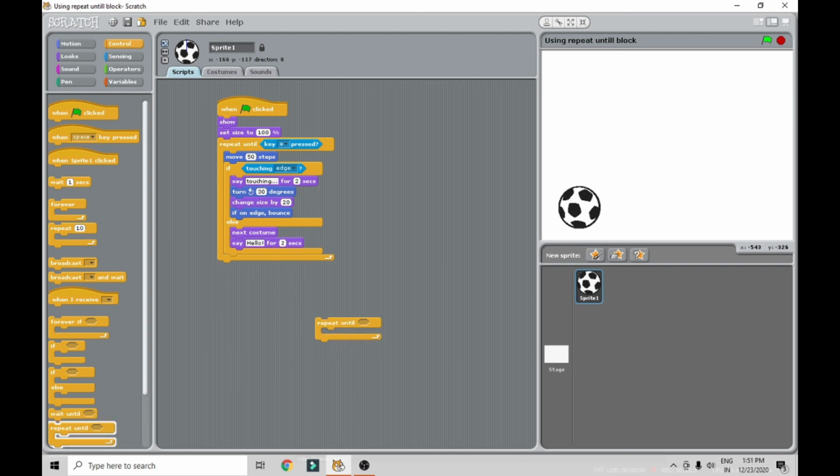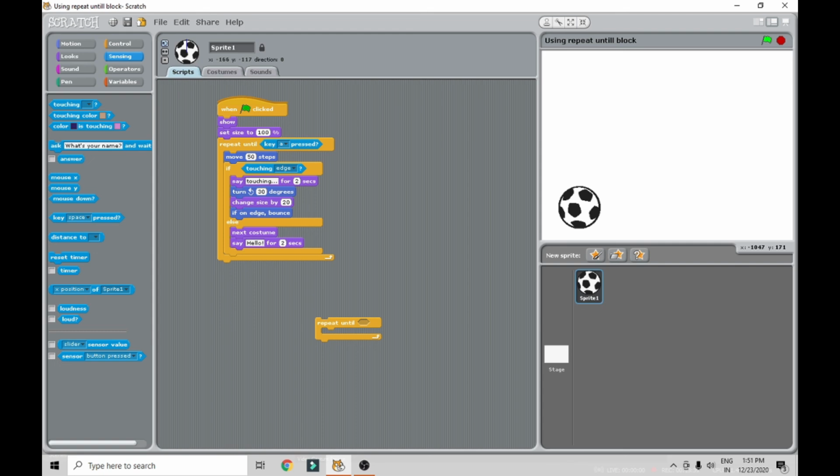Just take over here, then which key wanted to press and all, just you should check it out here. Now see here, just you add over here key. When the key is pressed, at the time only it will be stopped. At the time it will continuously moving the ball around the screen. When the A alphabet is pressed, at the time only it will stop.